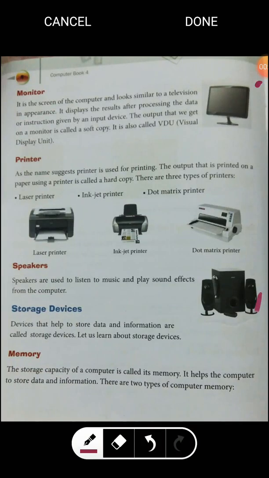We are doing chapter one, computer devices, and we have learned till now that a computer is an electronic machine which is made up of various devices. A computer is made up of four types of devices: input devices, processing devices, output devices, and storage devices. Input devices we have already done: keyboard, mouse, scanner, microphone, joystick, light pen and web camera, and we have seen that the CPU is the processing device of the computer.